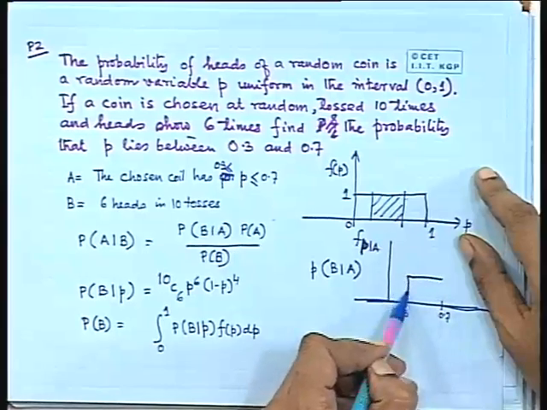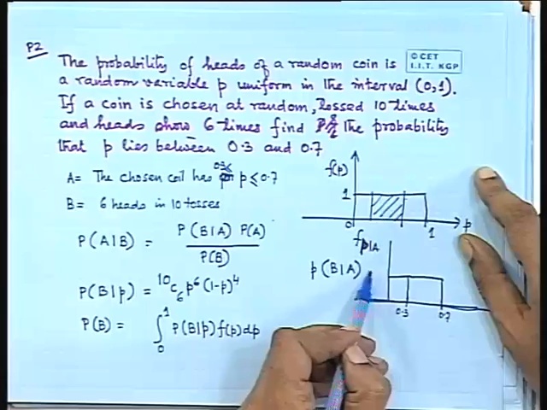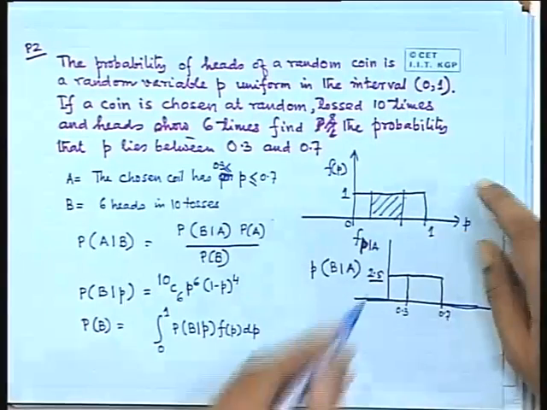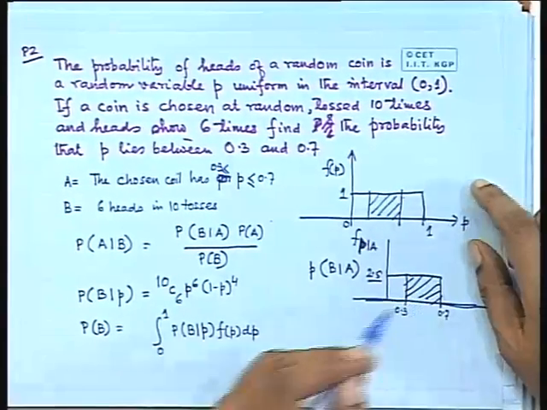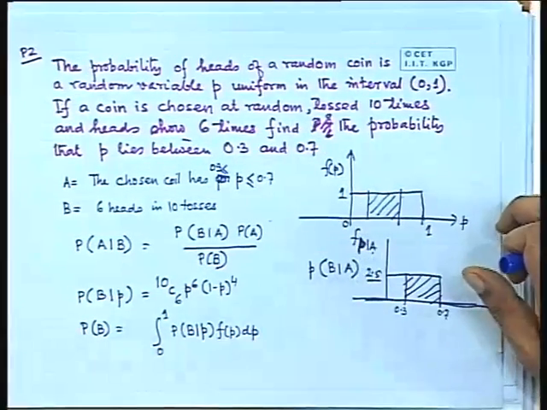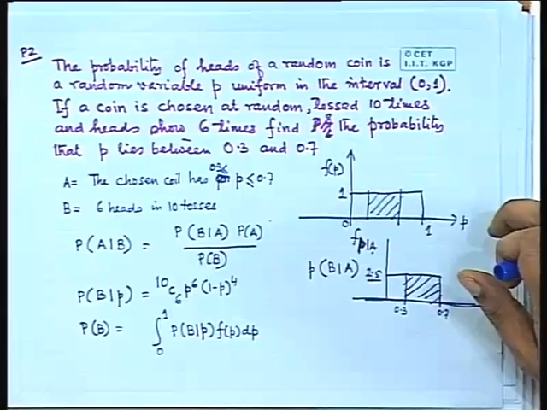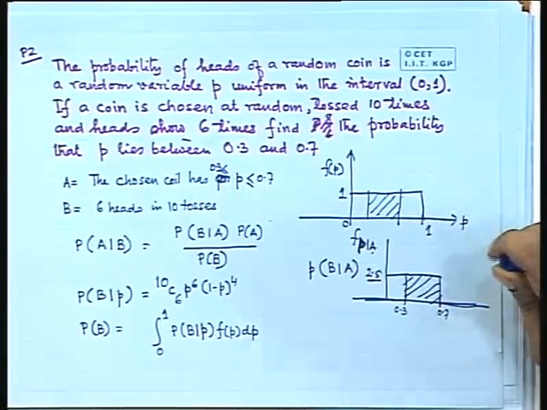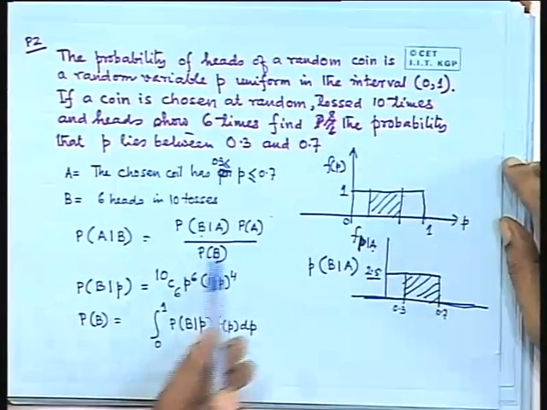So this is going to be again like this, but this level will now be 2.5 because the area must come to 1. Correct? So this is your probability density function of P given A, right? So now if you want to find out probability of B given A, then you have to find out simply